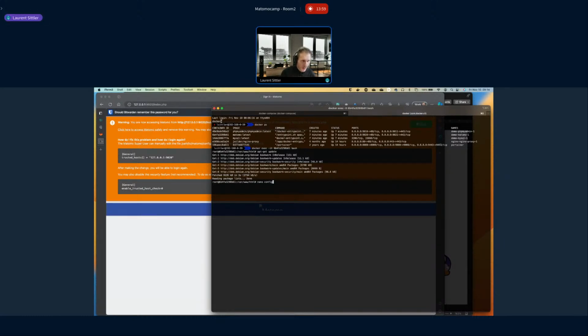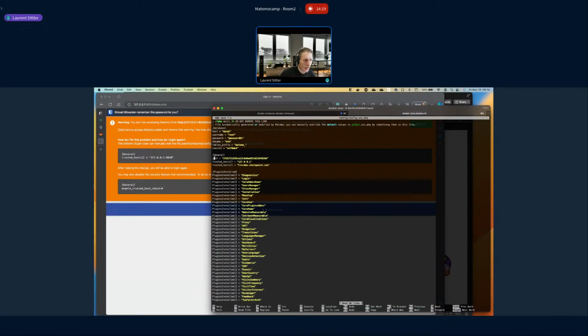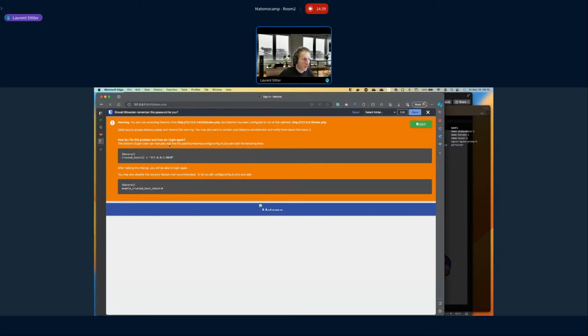Config. Yeah, apt install nano. That should be quite fast. Yeah, nano config and configure it. I just have to change this line here for the trusted host. Because here I'm not using the default port, that should be something like 443 or 80. But in my case, because I have different kinds of servers running on the same host, I can't use the same port for the web server.